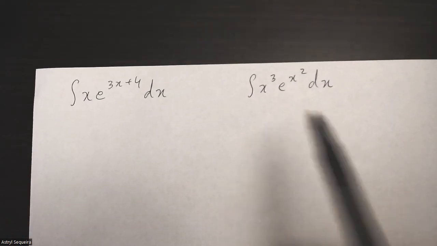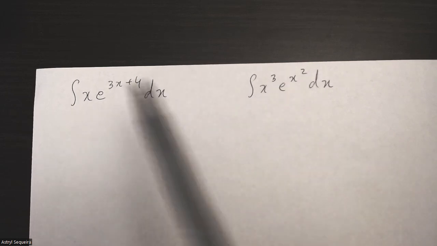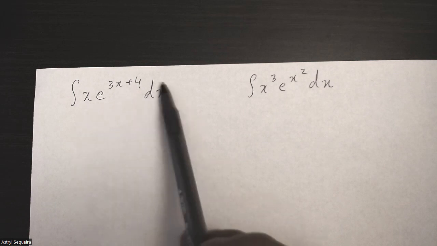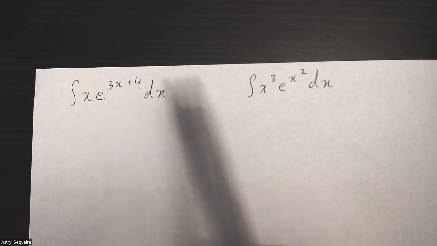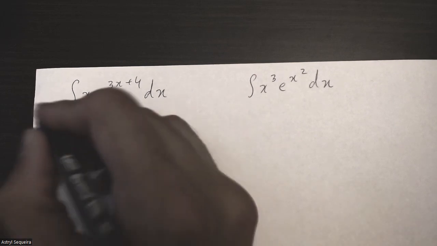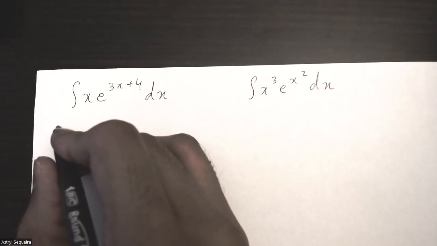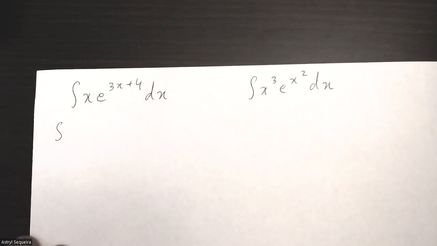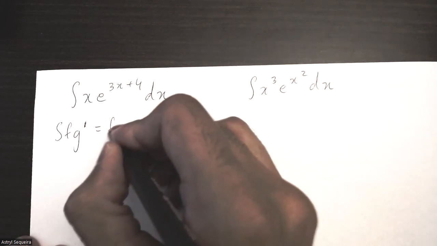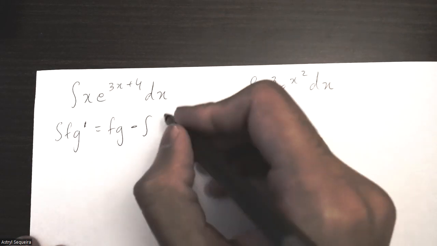All right, in this video, I want to integrate these two expressions over here. So I'm going to start with the first one. Substitution won't work in these questions, so we have to integrate by parts. The equation for integration by parts is the integral of fg prime is equal to fg minus integral of